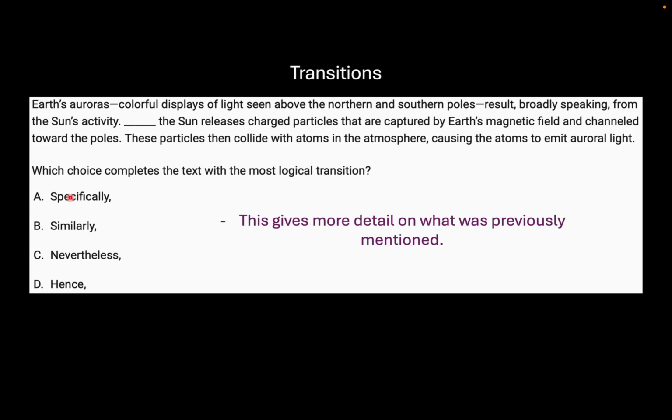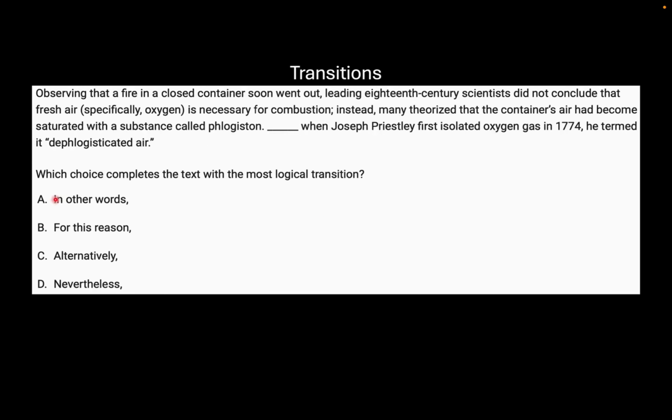So of course it's going to be choice A specifically, because it goes into more specific detail. Observing that the fire in a closed container soon went out, leading 18th century scientists did not conclude that fresh air, specifically oxygen, is necessary for combustion. Instead, many theorized that the container's air had become saturated with a substance called phlogiston. When Joseph Priestley first isolated oxygen gas in 1774, he termed it